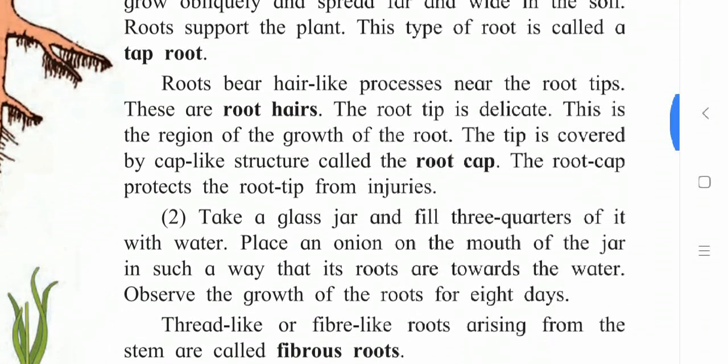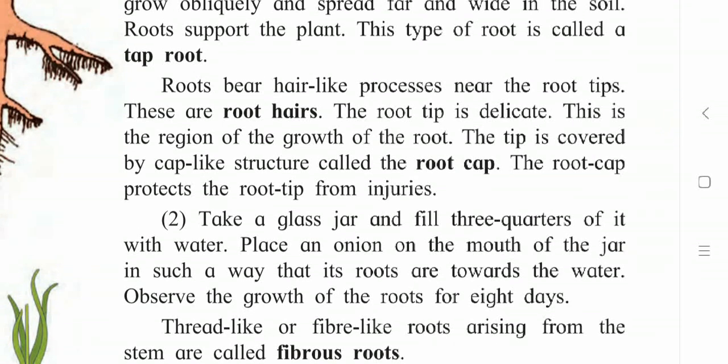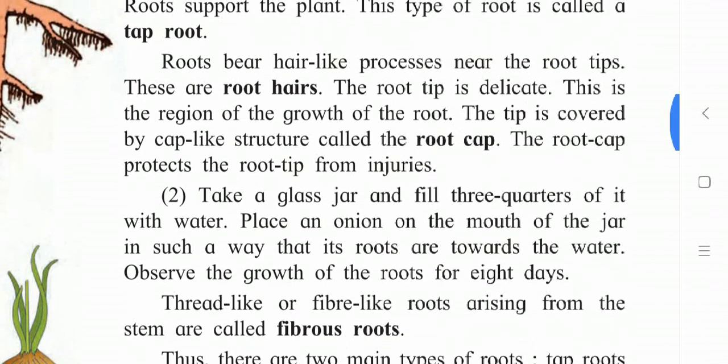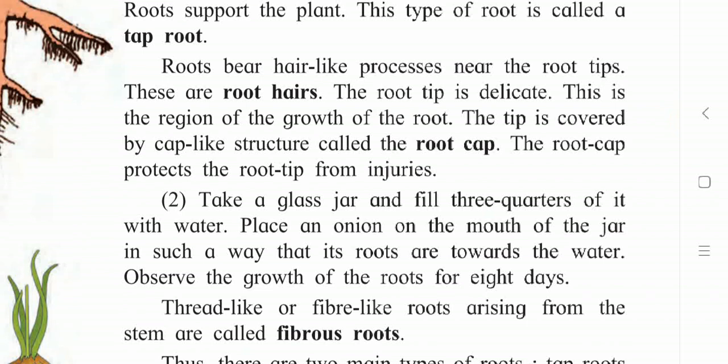One more type of root we'll learn. First I explained taproot. Second one is fibrous root. Generally in the farm, some vegetables, plants, flowering plants are planted for a short period. They are not permanent there. The growth is from seed only, but they have different roots